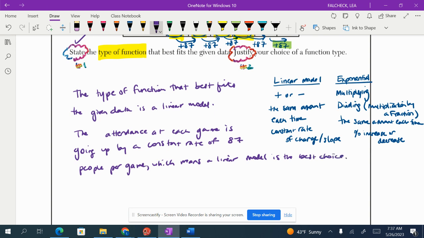Okay, so notice how we wrote complete sentences. We made our claim, then we backed it up with both math, right? We showed that we were adding 87 each time, and words. So when you're justifying, you're going to back something up with math and words. So we stated and we justified, and our answer is